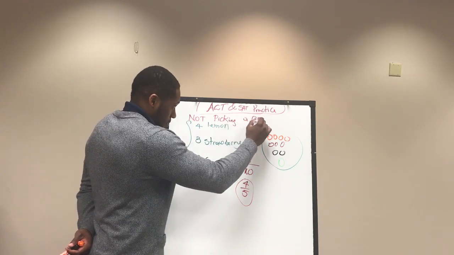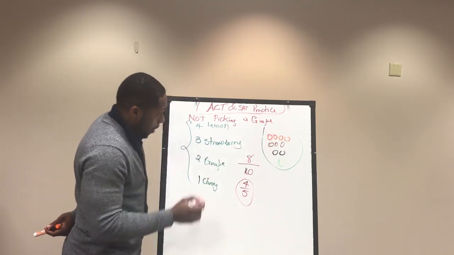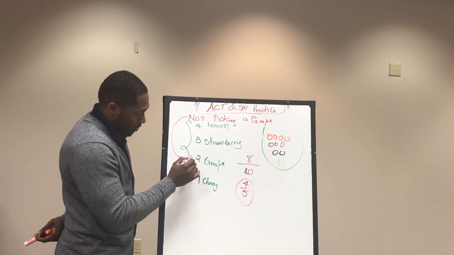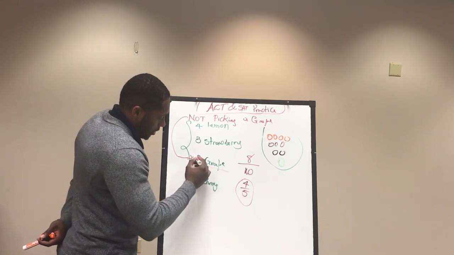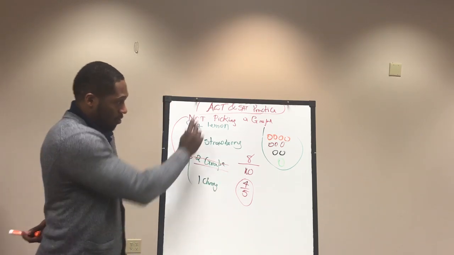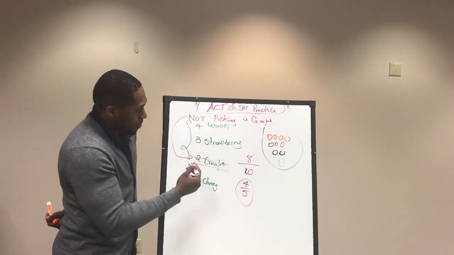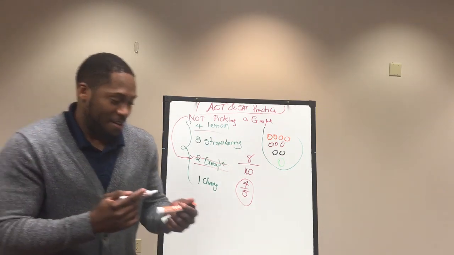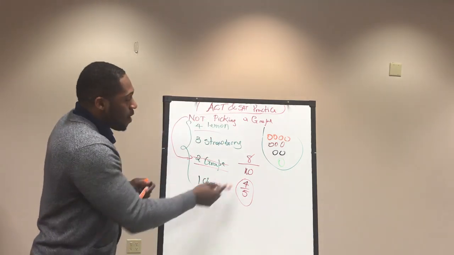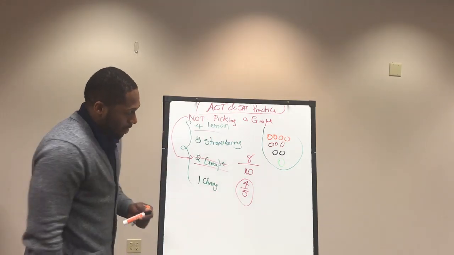So this is the probability of not picking a grape candy, a grape flavored candy. So we don't want this guy. We don't want these right here. We don't want them. Everything else tastes good, I guess. We're done. I don't think lemon tastes good. But we don't want the grapes. All right, so it's 4 out of 10. 4 out of 10, and